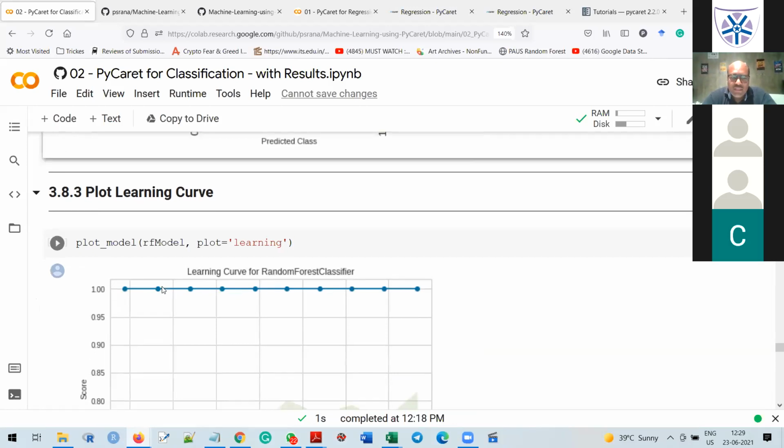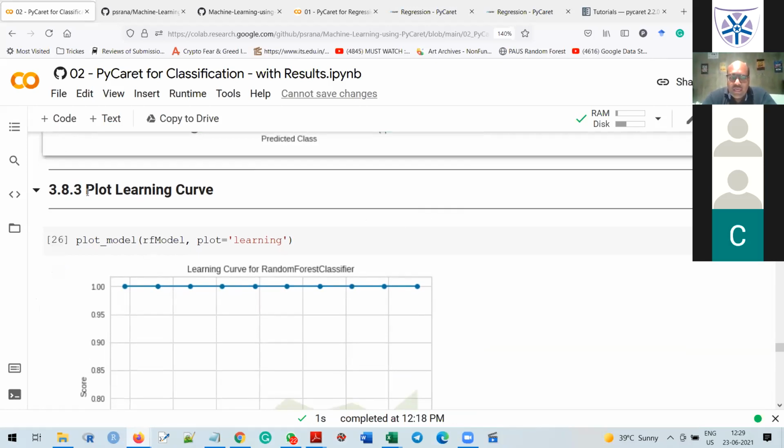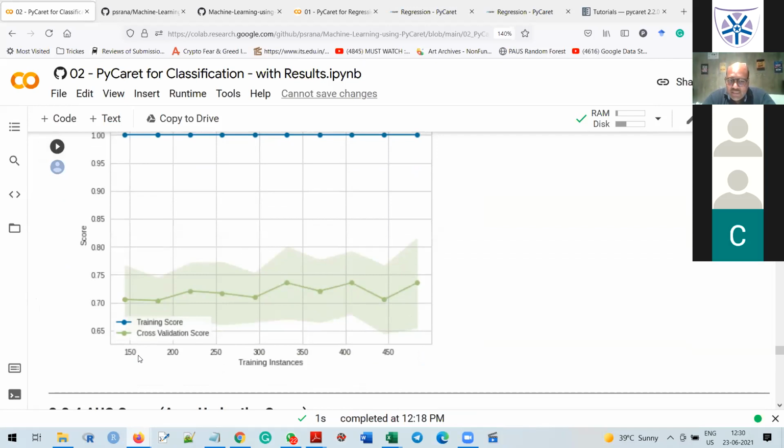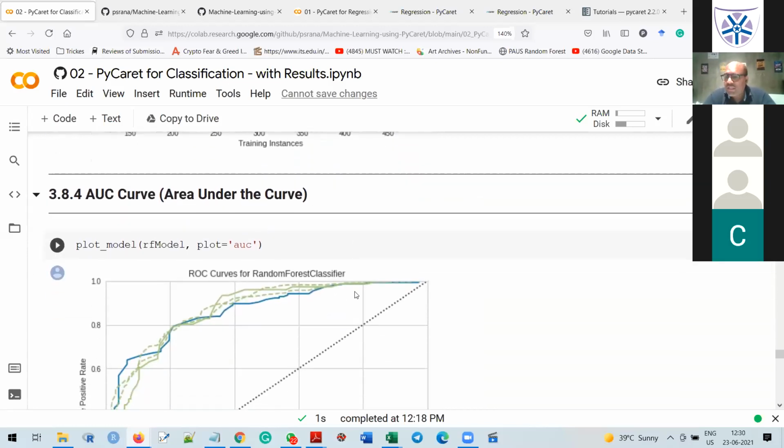Next, same thing, if we want to plot the learning curve, plot_model is there, then the RF model and plot equal to learning. Now you will find, as the number of instances increases, how my training score is improving or not improving. Next, this is the most important thing.